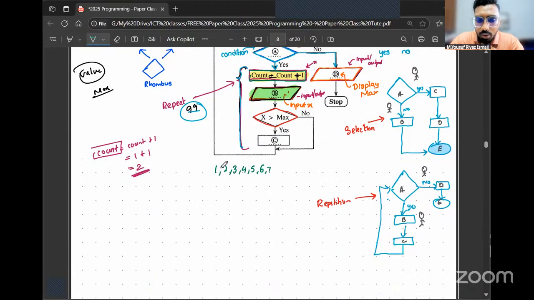Okay. Now, based on that, tell me, this instruction inside has to repeat 99 times. So when count is 1, we have to repeat. When count is 2, we have to repeat. When count is 3, when count is 4, when count is 5, we have to repeat. Right? Depending on that, tell me, when count is 98, should you repeat? Yes, when count is 98, because that is telling us we are now going to get the 98th number. When count is 99, should we repeat?